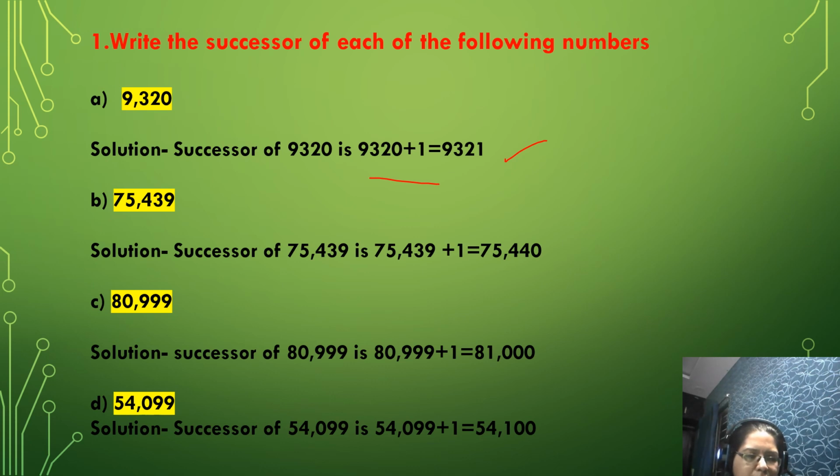The second number given is 75,439. We will read it as 75,439. We read it as 75,439, and what is the successor of this number, that is the next number? We have to add just 1 to this number. So the successor of 75,439 will be